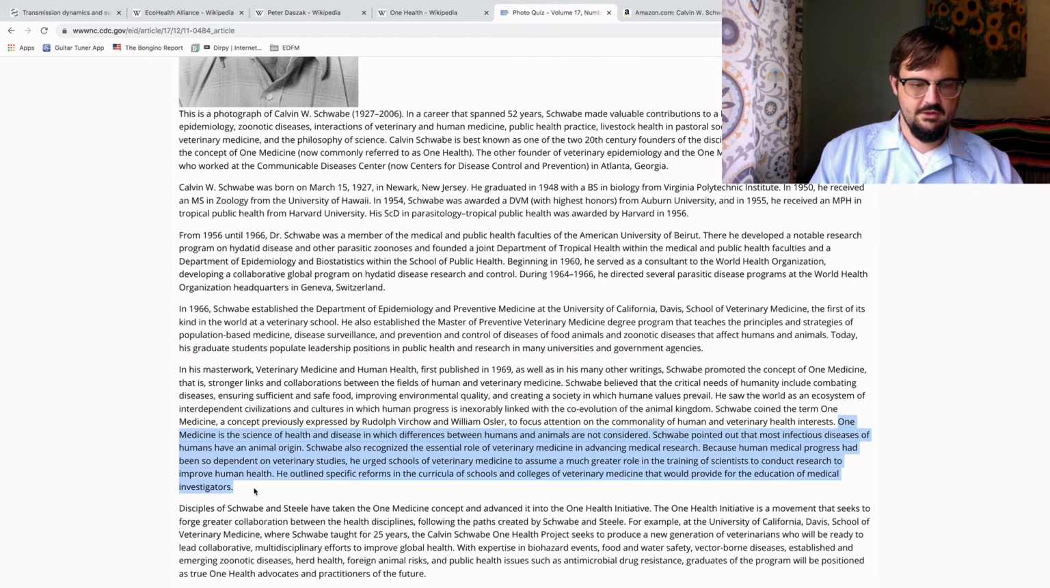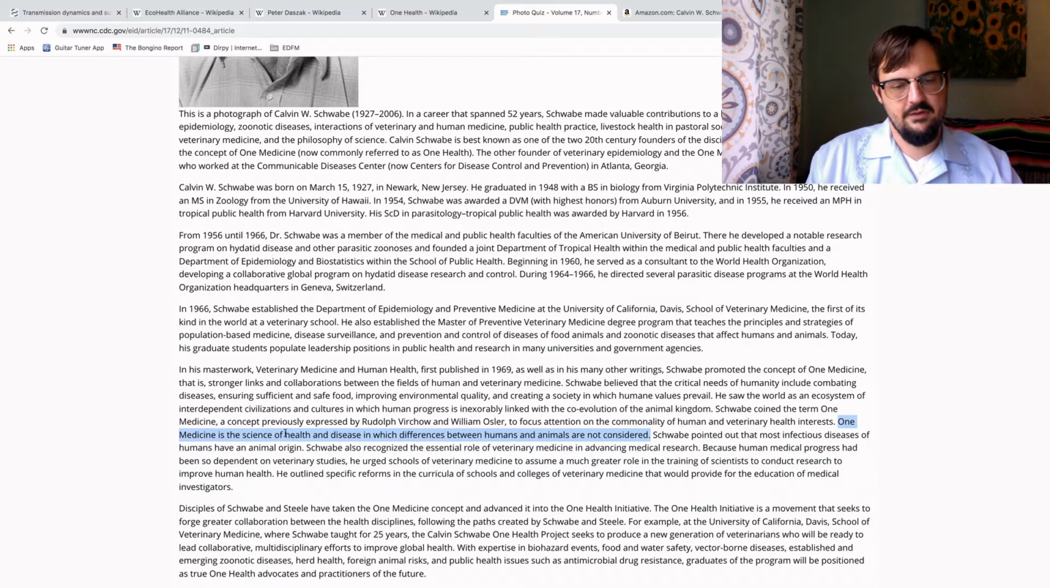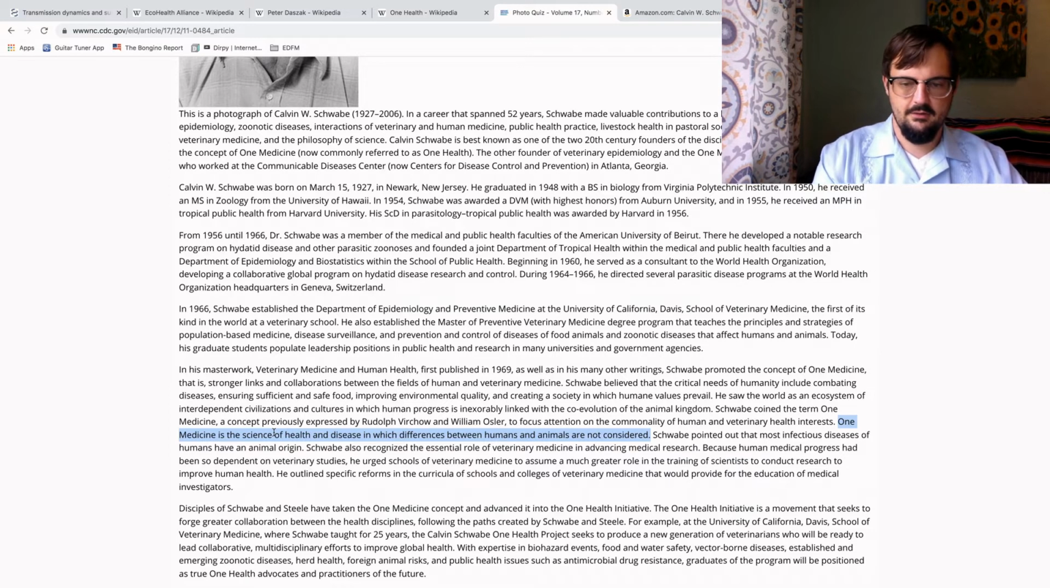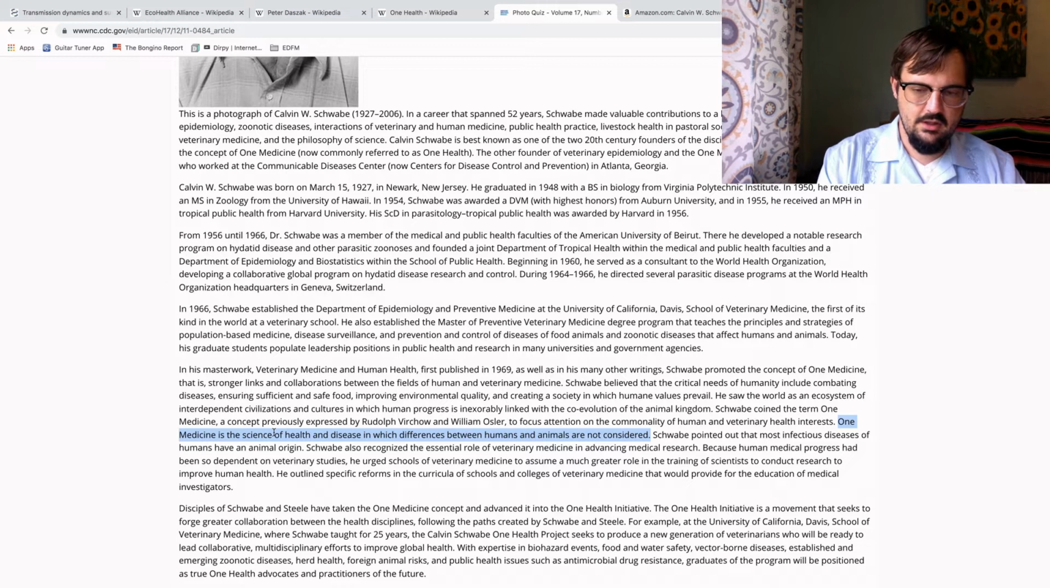Now here's a definition for you, which is a little bit different from the Wikipedia definition. One medicine is the science of health and disease in which differences between humans and animals are not considered. So now I need to do some more videos on this. Epidemiology is the study of health at the population level. So it's based on an analogy that in an individual, which is where the disease happens, your kidneys, for example, can fail, and that kidney failure can lead to the disease progressing to other organ